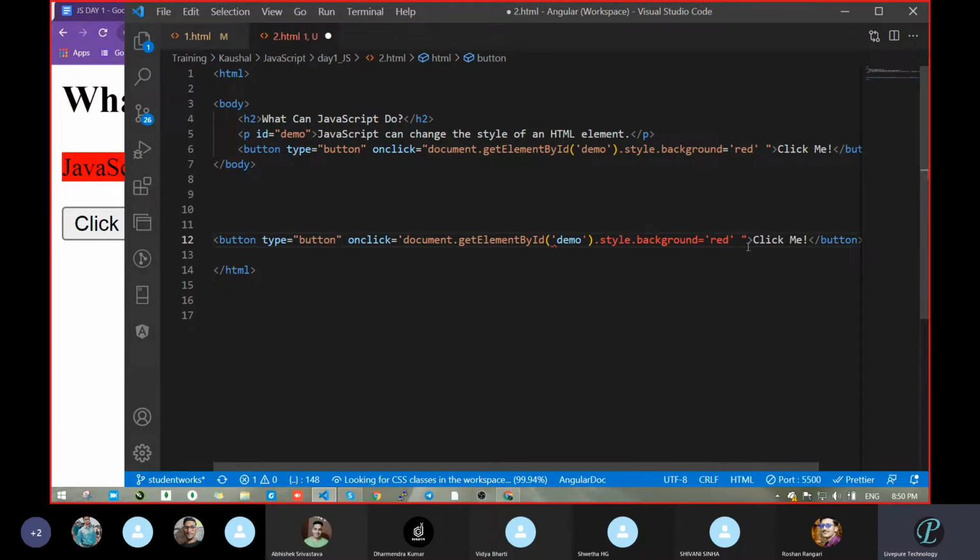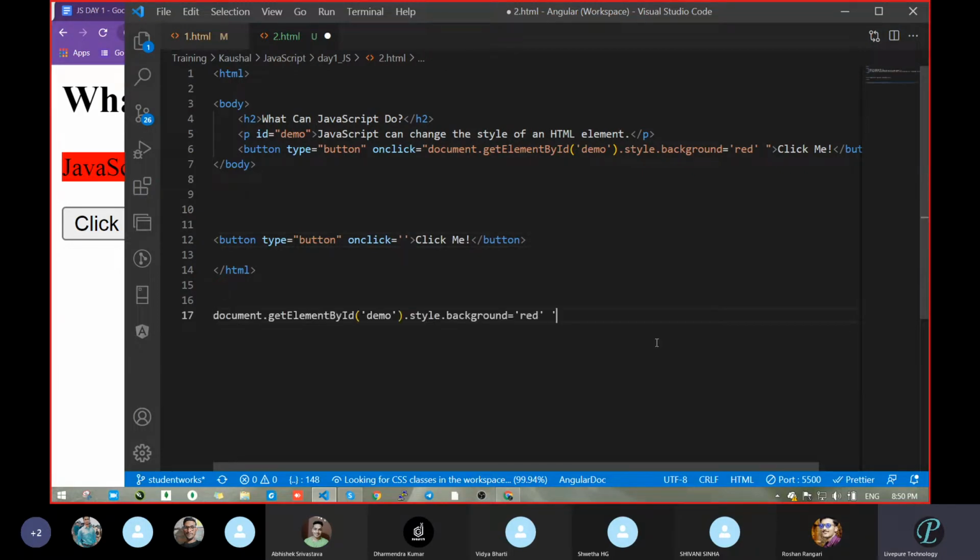So this becomes the parent. So will the parent closing be single or double? Single, because we started with the single. So single will be at the last. What do you think in the middle?